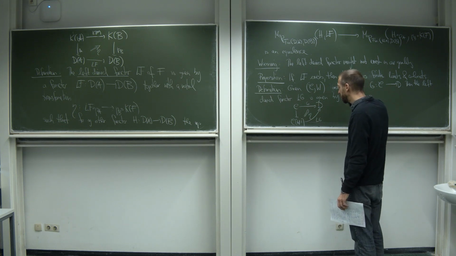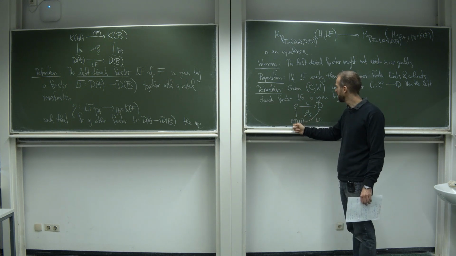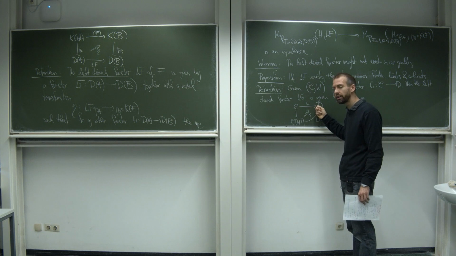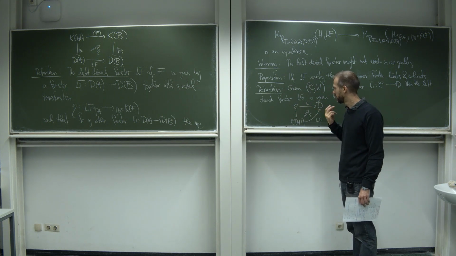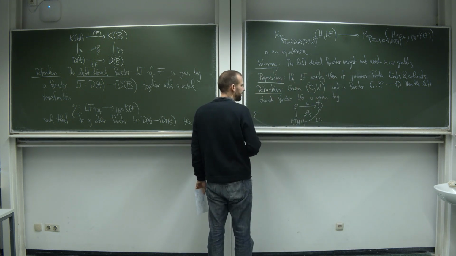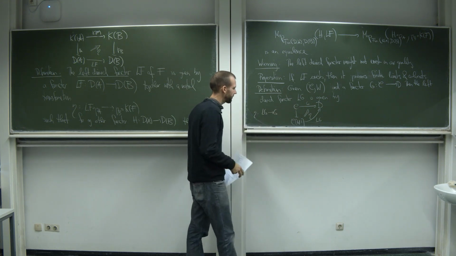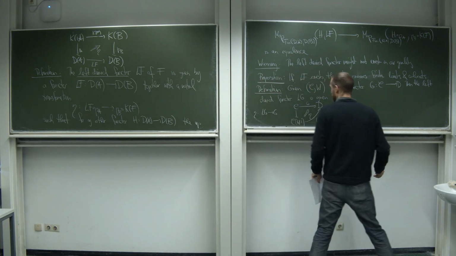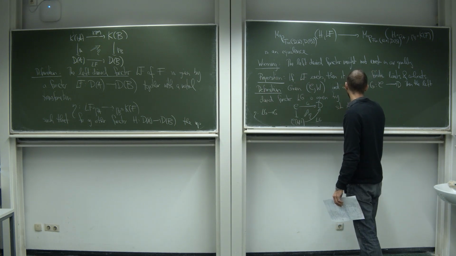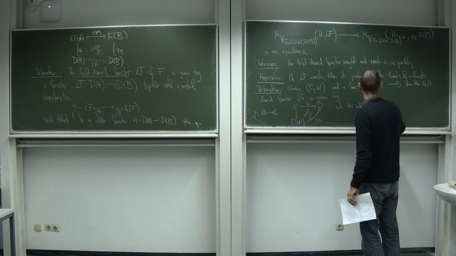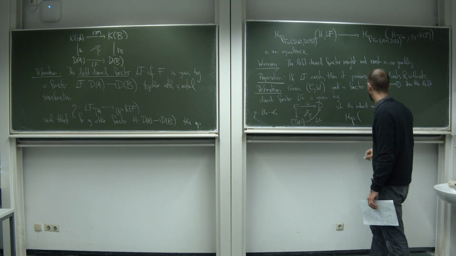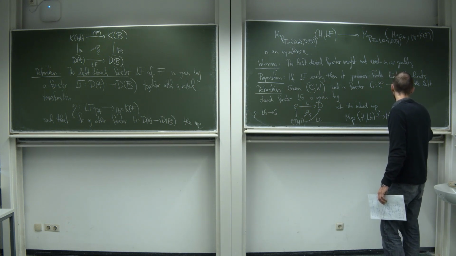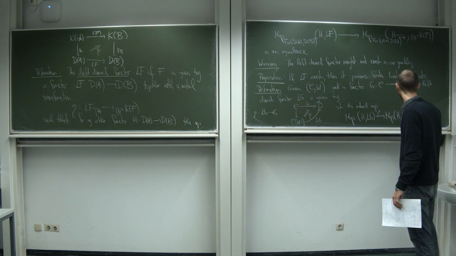In order to state that universal property again, note that by the universal property of the Dwyer-Kan localization, functors from here to D, LG, can equivalently be considered as functors from C to D that send weak equivalences to equivalences. So one way to say that is that I can consider eta as a natural transformation from LG into G, where now I consider LG as a functor also defined on C. And I will implicitly do that here. And then the universal property reads as follows: the induced map from the mapping space Map(H, LG) to Map(H, G) via eta upper star, in the functor category, is an equivalence